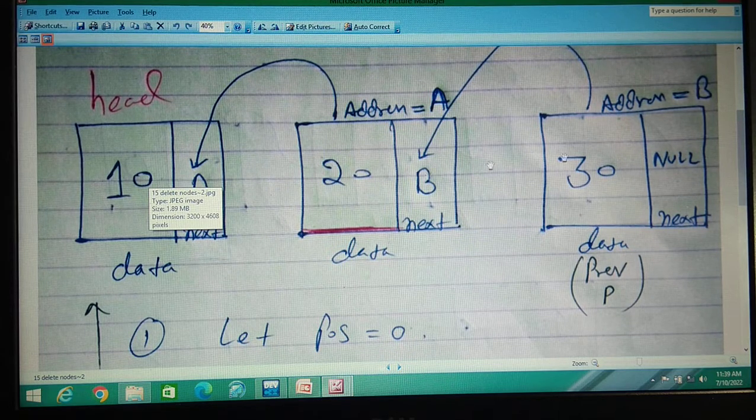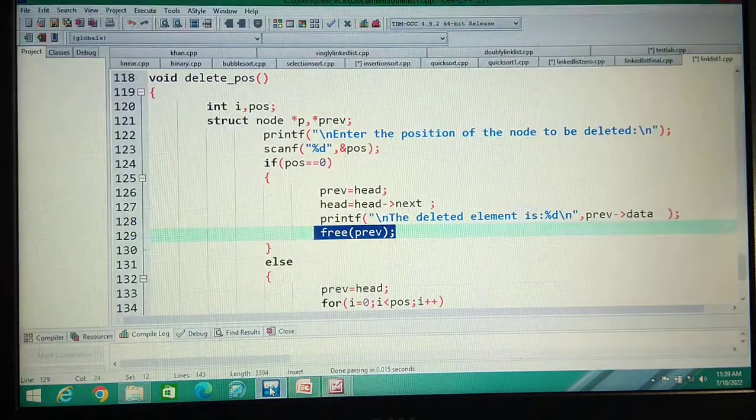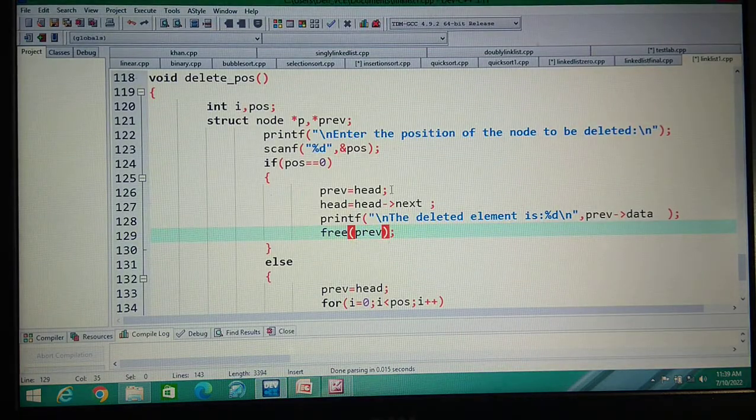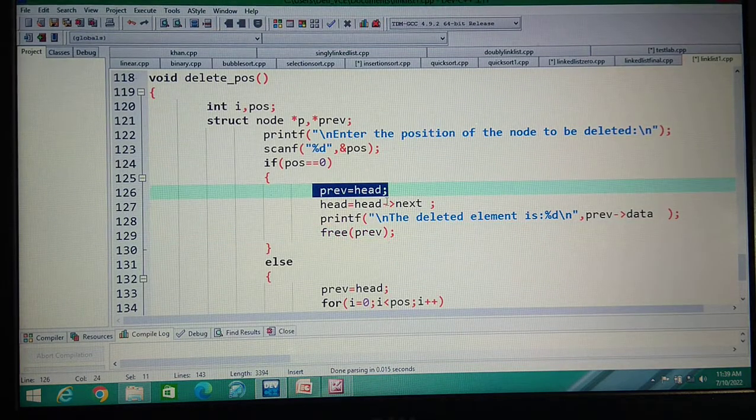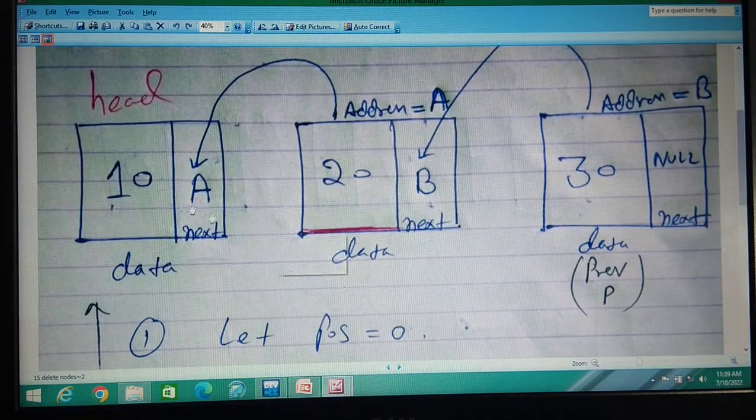Then after that in the program we have written head is PREB. Head was at the initial position and the value was 10. We are saying head is PREB, meaning head is assigned to PREB, meaning the address of head and PREB both are the same, both are pointing here.